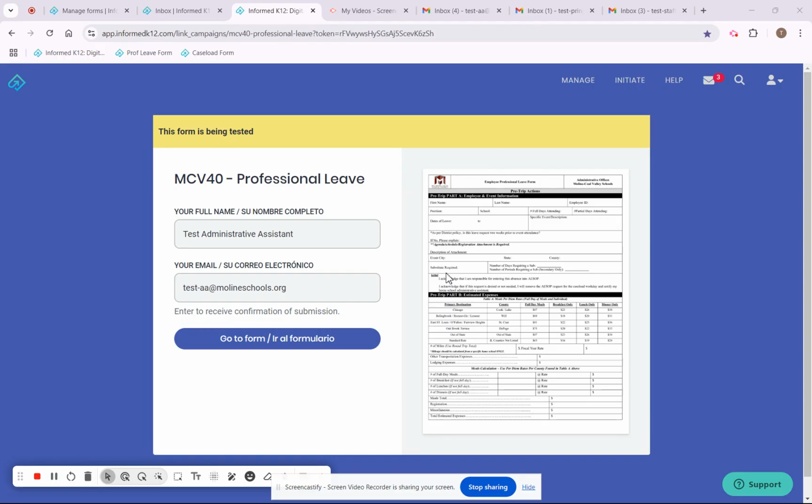The inbox can get kind of confusing because you may have 5 or 6 forms that you're an approver on, and with different staff members submitting these forms, it just gets to be a little hard to manage in your inbox. And so this video is going to just explain how to use the portal, which is highly recommended to manage your forms. For this video, we are going to talk about the professional leave form, which is moving